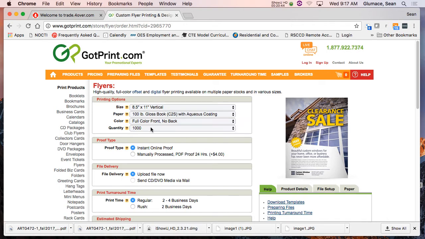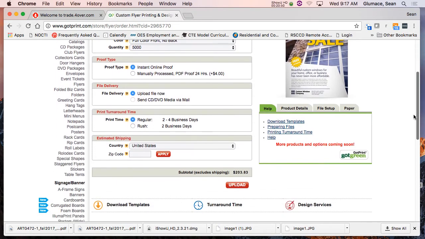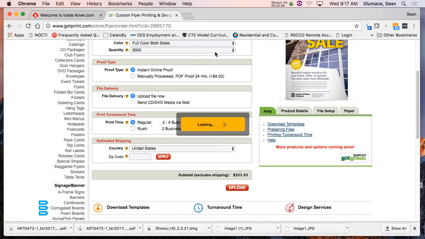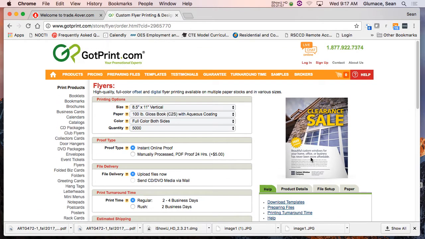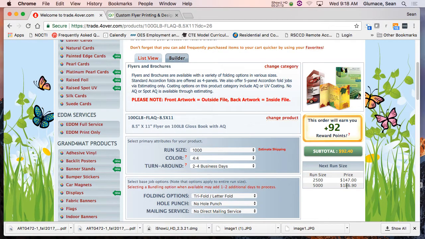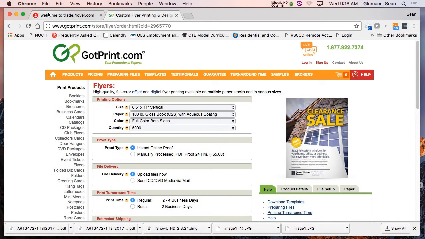How many did I say? 5,000? Wow. Interesting. Oh, hold on. Remember, I'm double-sided too. Actually, it's cheap. I wonder where they're printing it. Well, if that's lower than what I can do, they might be using 4over and they're only marking up like $60. Anyway, just play with the numbers, see what I can put together for them, give them a better price, and this is where I'm going to make a lot of my money.